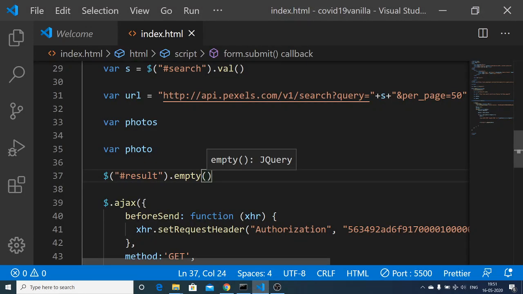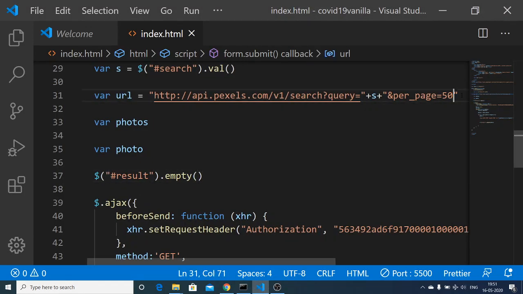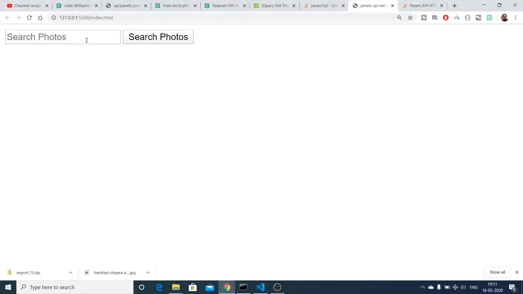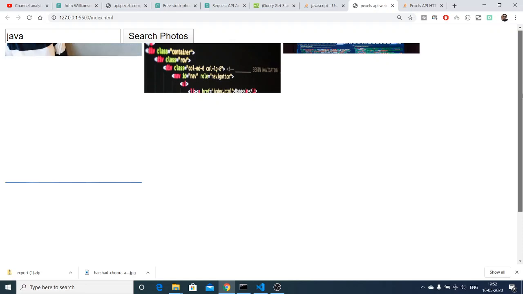Let me just change the per page property to only 5 so that the photographs are displayed really quickly. So let me just see Java. Now you can see that these are the 5 photographs which are displayed.